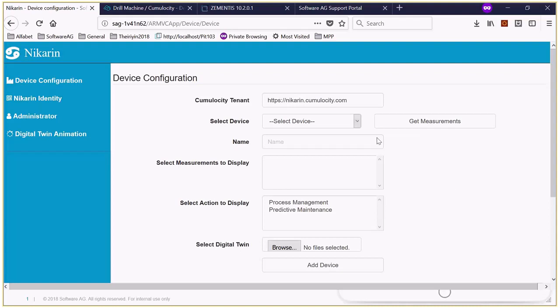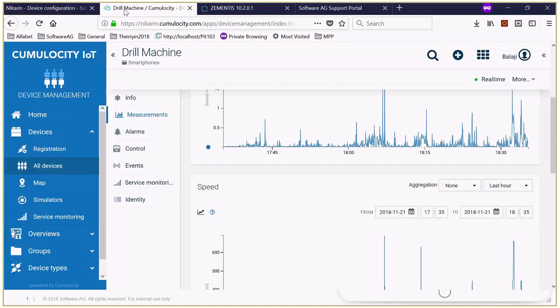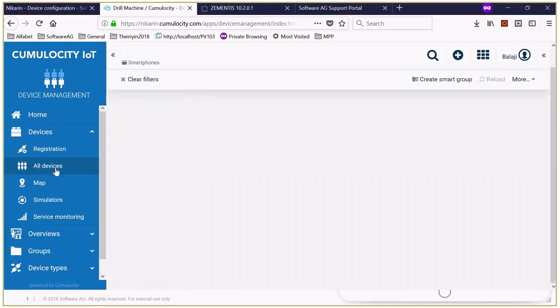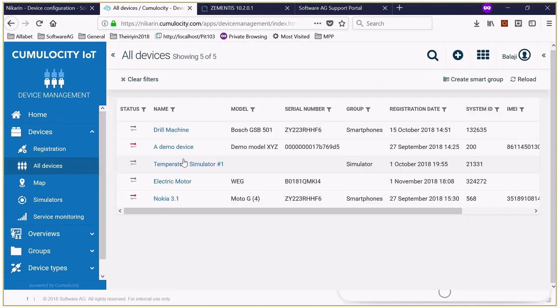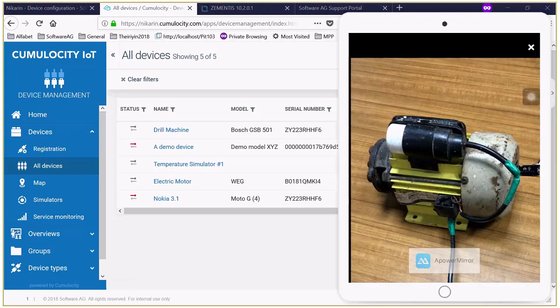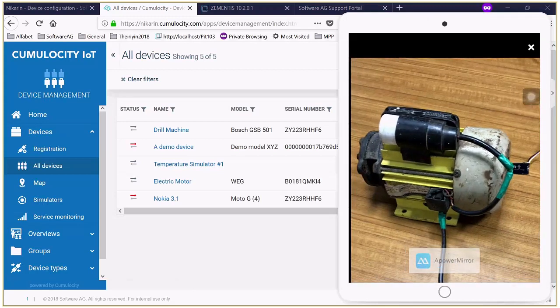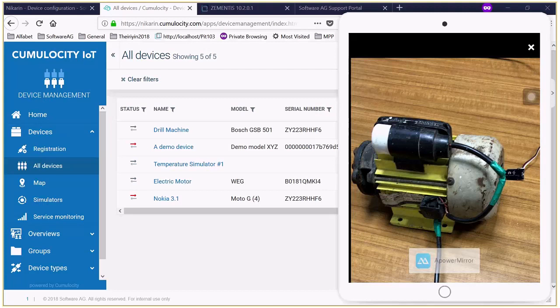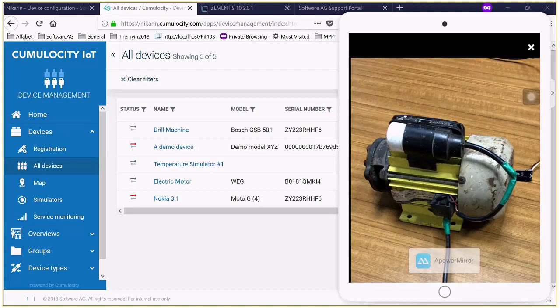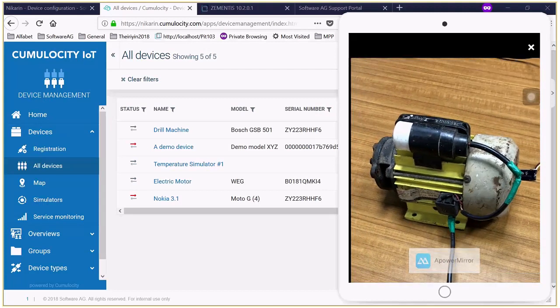Okay, so great. I'm just on the Nigrin page, and in the Cumulosity, if you could see, we have other devices, which is like the electric motor. So this is the electric motor. Yeah, this is the electric motor which has sensors attached to it, the same kind of sensors. And Rajesh will show you how this can be